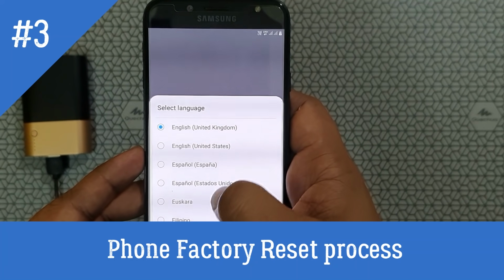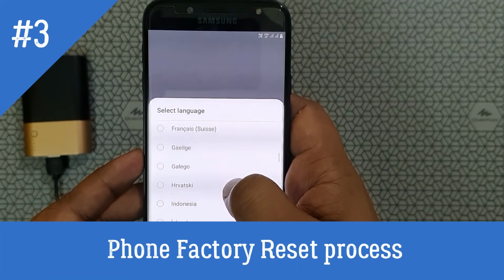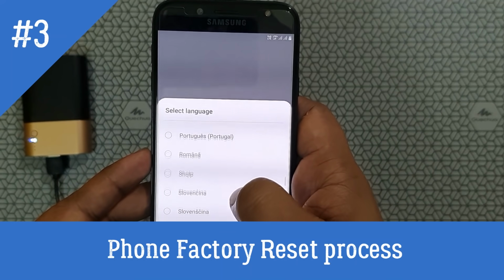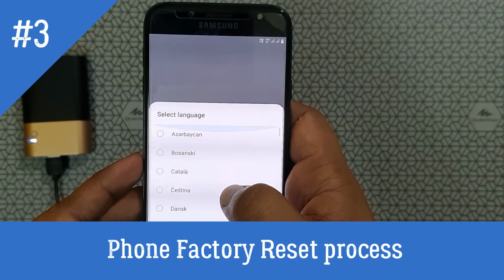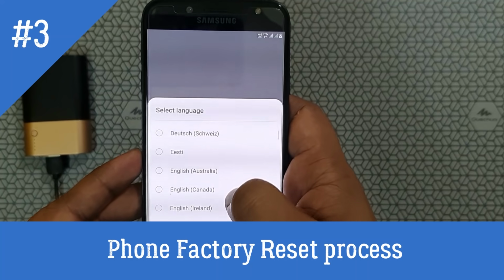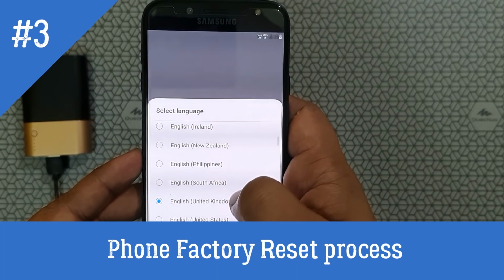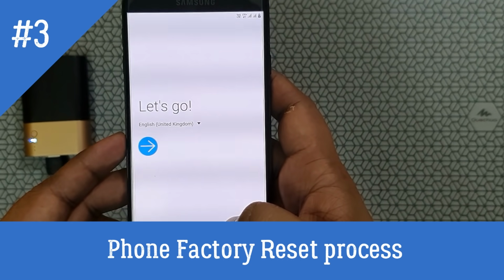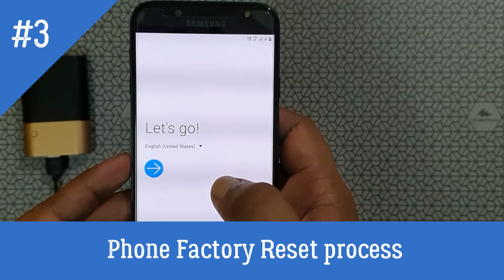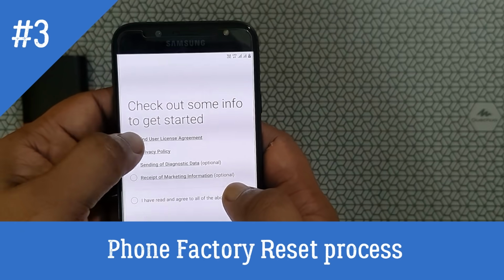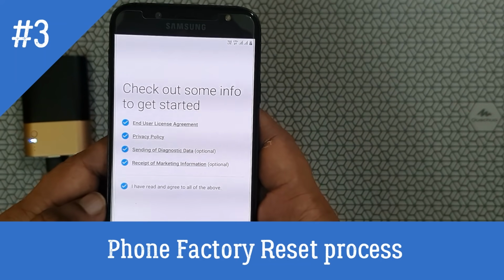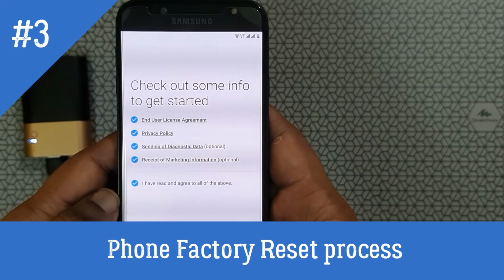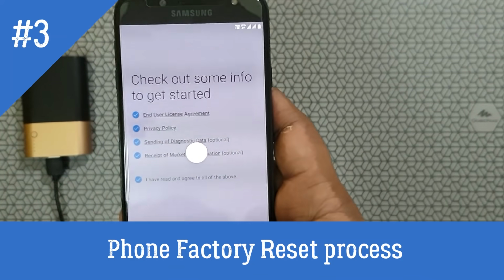So we have to select the language first. English you can select, and you can agree to the policies. So it's like a new mobile.